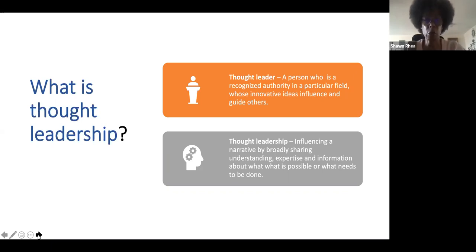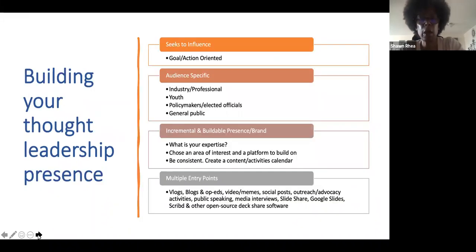And you can do this by sharing your understanding of the issues, your expertise, and information about what is possible and what needs to be done in a particular area or on a particular issue. And in your case, again, it would be issues of science, but those issues can take a very broad approach. And we'll get into that in a second when we talk about science. And it's not necessarily specifically about what's coming out of the lab. In fact, your work as a science thought leader will really be to move your work beyond the lab and out into the general public.